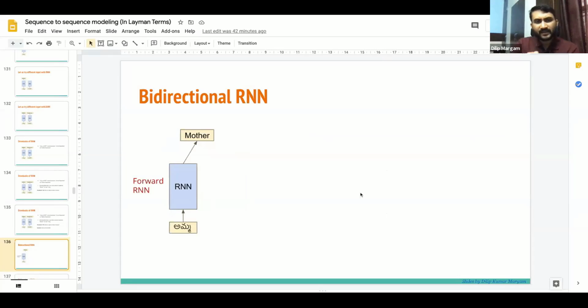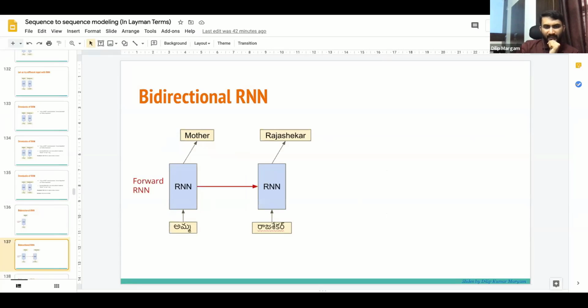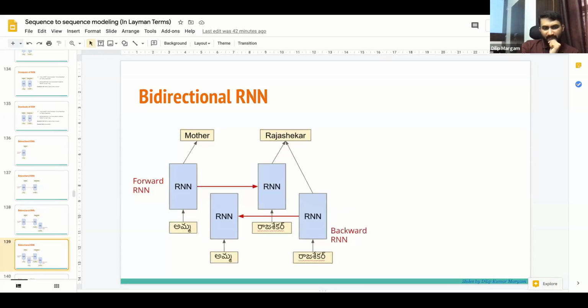Bidirectional RNN is basically two RNNs. One is the forward RNN, the same thing we have seen earlier, where Amma is given and mother is predicted, and then Rajshekhar is given and Rajshekhar is predicted. Now there is another RNN called the backward RNN, which takes input in backward order. First it takes Rajshekhar as input and predicts Rajshekhar, and then it takes Amma as input and predicts Amma.